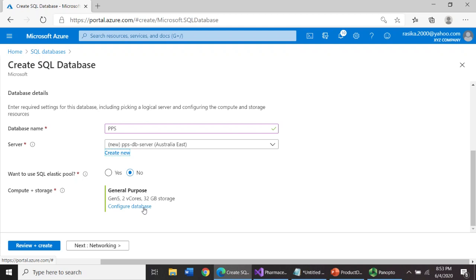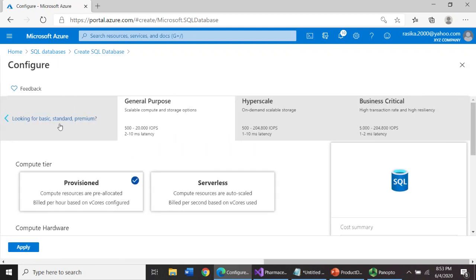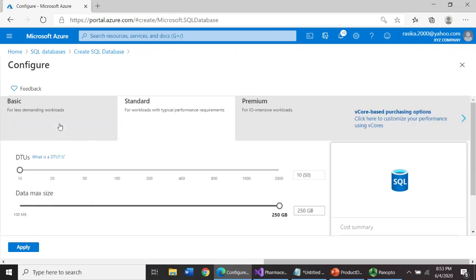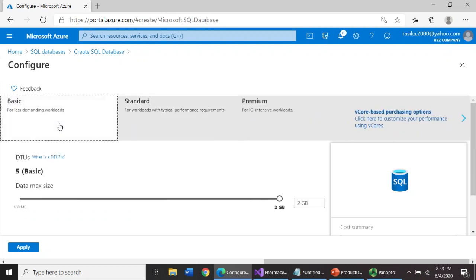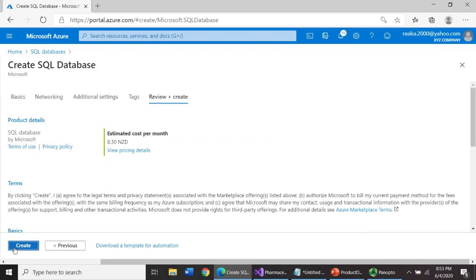Then you can configure the database like storage, RAM, and capacity, etc. So this database is going to be created for the testing purpose. I will select the basic and click apply, and if everything is fine, you can click review and create.